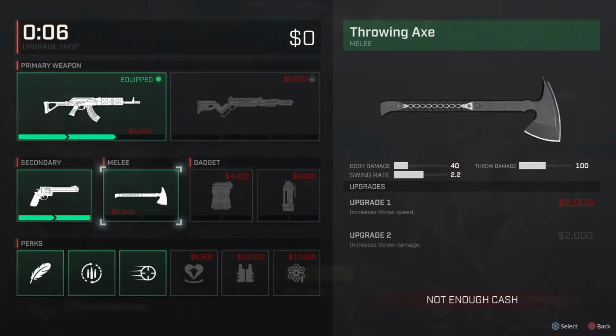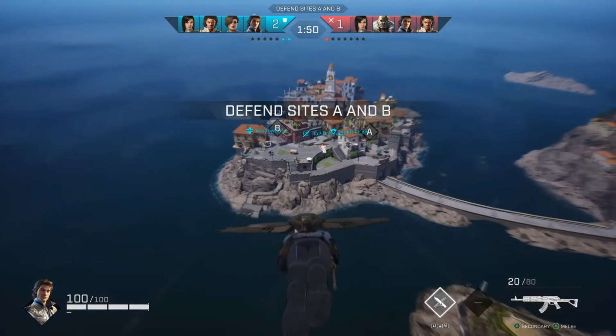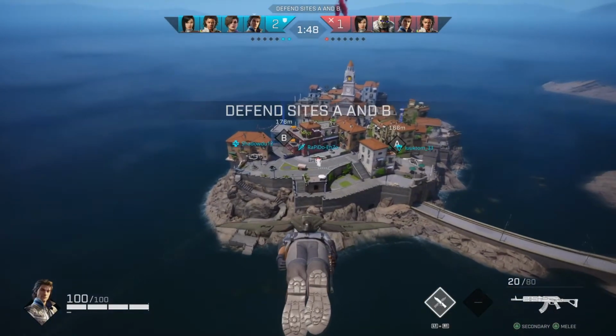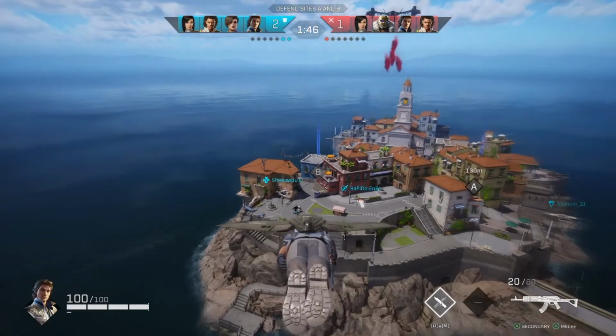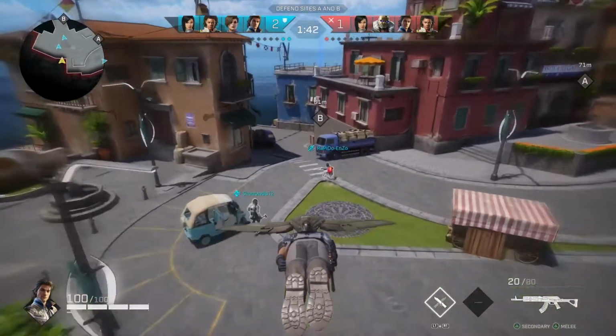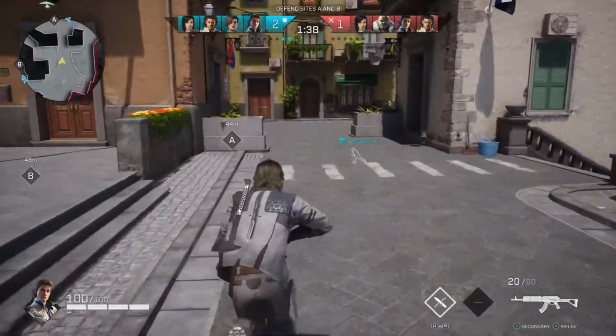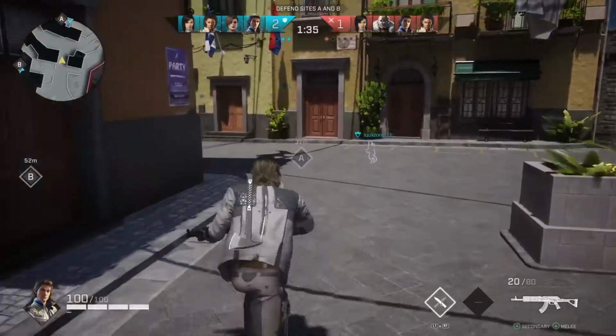I didn't know you could upgrade things like the hatchet and the gadgets, but you can. As you can see, there are two slots underneath. One upgrade will increase the throwing distance, and one increases damage for the hatchet, I believe. You can even see their trails, so you get an idea where they land. Some of them were coming over here to A, which is why I thought I'd come and help my